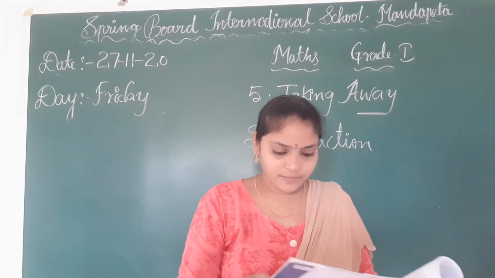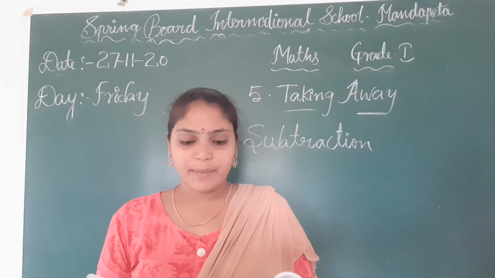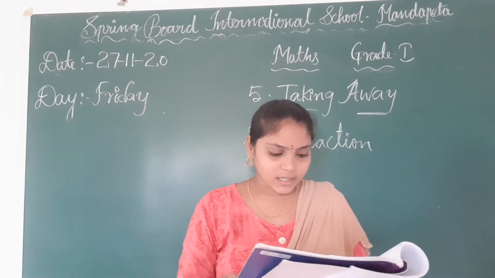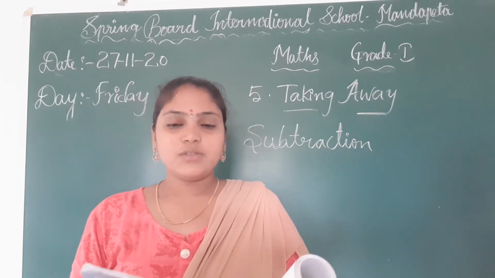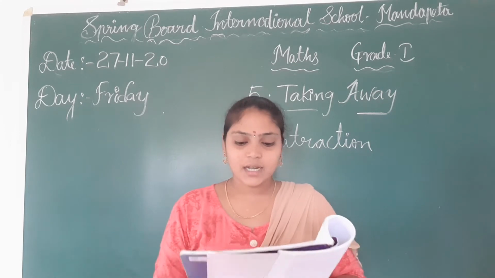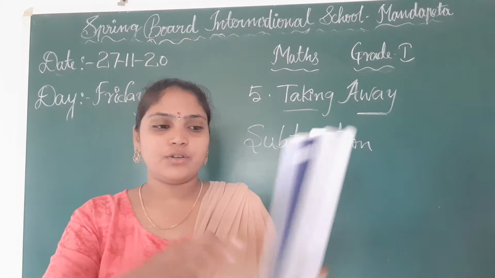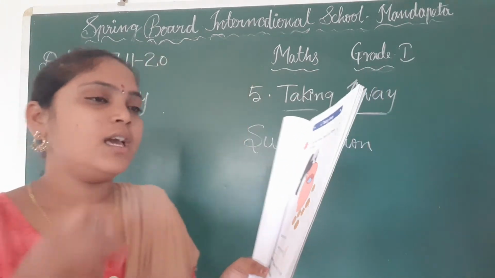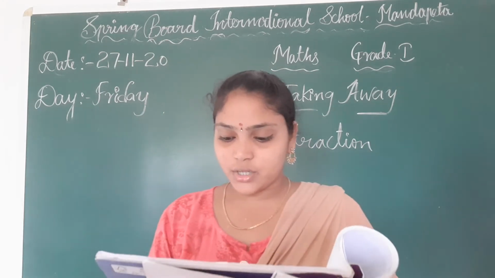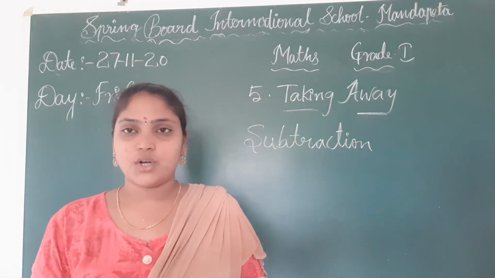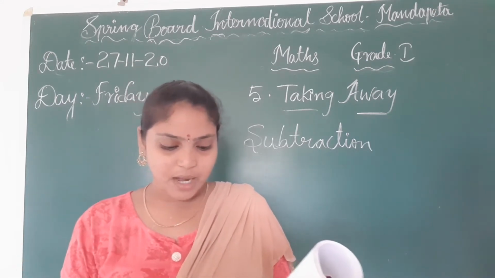So first, everyone open page number 65. Here is given the first activity, children. In that, the crow had 6 stones in the picture. Strike out 2 stones in the picture. How many stones are remaining on the ground? Strike out means you have to strike out 2 stones, and the remaining 4 stones are there. So it took away 2 stones into the pot. Here totally 6 stones, children, and it took away 2 stones in the pot.